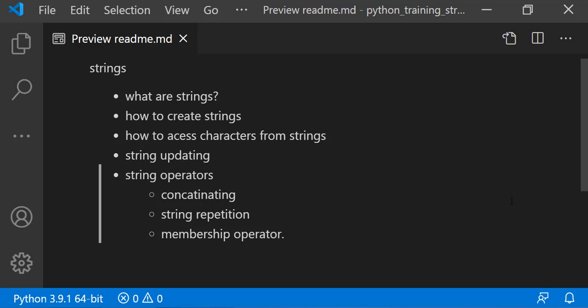And then we saw the membership operator. This membership operator is useful to search whether the given character is present in the string or not. There are two keywords, one is in and one is not in. If the character is present in the string, in returns true. If it is not present, it will return false, and the same with not in. I hope all of you are clear with all these concepts. In the next session we will discuss built-in functions and built-in methods used along with strings.